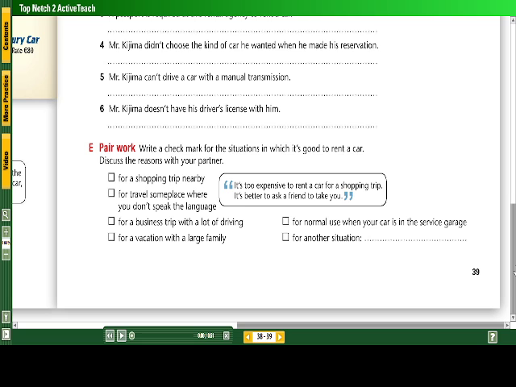Would you rent a car for travel someplace where you don't speak the language, for example, or maybe for a business trip with a lot of driving? Okay, so we can discuss that. In what situations we should use a car or we should take public transportation, the problems with the cars and public transportation here in our city, etc.